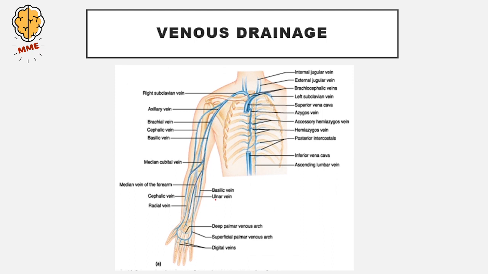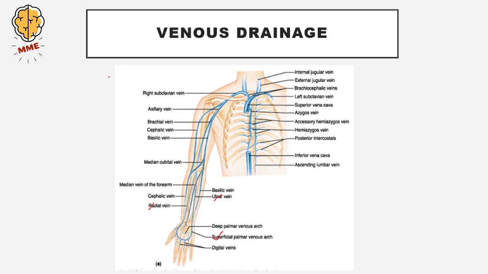So next we will come to venous drainage. Vessels comprise arteries and veins, and we have already discussed our arterial supply and its clinical importance. Now we will come to the venous drainage. So venous drainage is basically about this. This is the superficial palmar venous arch. The superficial palmar venous arch will lead to our deep veins. Superficial leads to our deep veins. This is the radial vein, this is the ulnar vein.